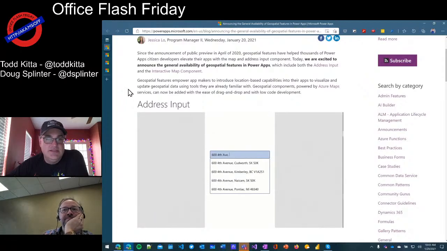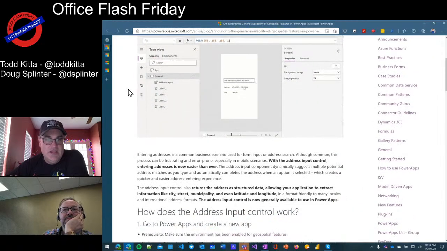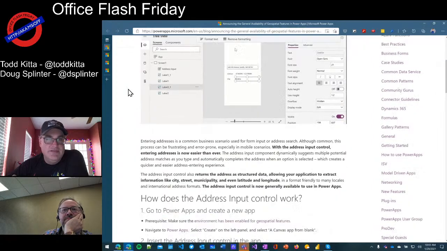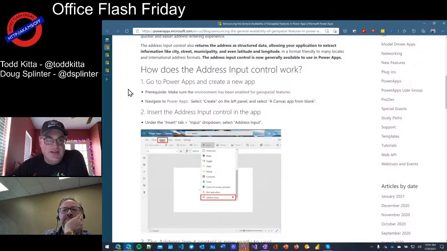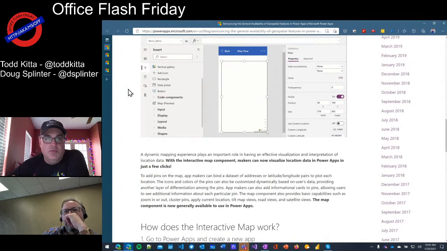It's so nice, and today I think it's table stakes. So you, as a citizen developer in Power Apps, can now have the same functionality, which is wonderful. And we've also added maps, so interactive maps for your mobile or desktop apps.